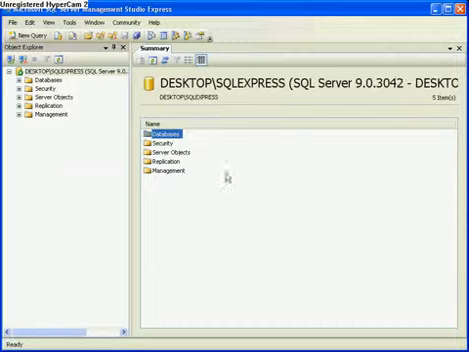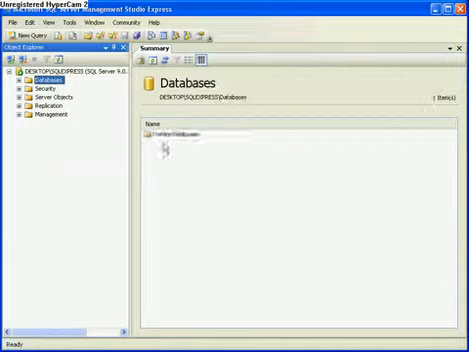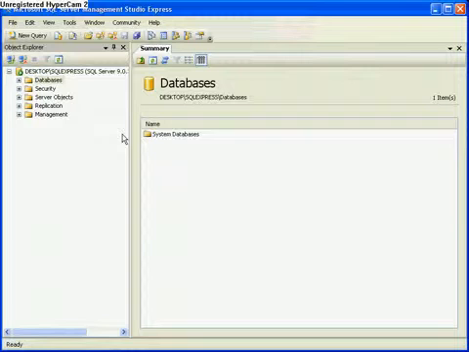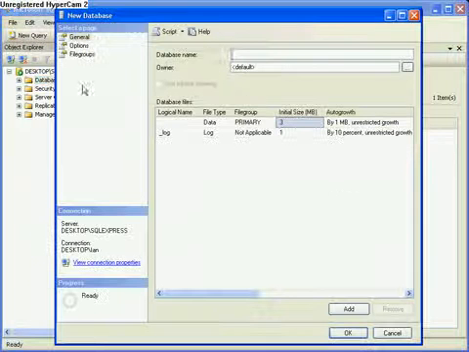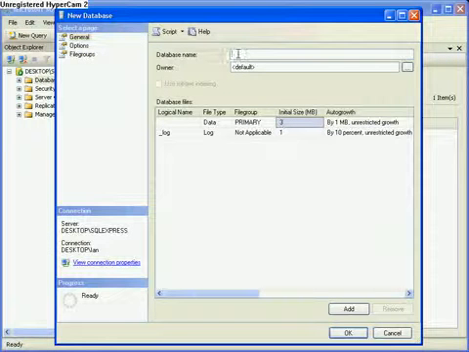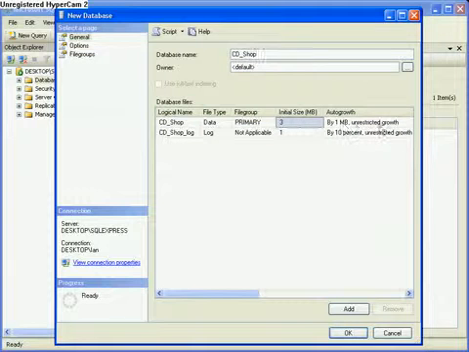And the first thing you'll see is this screen. Now you're going to create a database. So either here or on the database thing that was down here earlier, you right click and go to new database. And this will give you a database name. Now I'll be making a CD shop, so I go to CD_shop, never leave spaces. This gives you here the way the database will grow. You can change the size, it will grow every time it needs to grow. So basically when the database gets too big, it'll grow by 1 megabyte every time here, and then the log file will grow by 10% every time. And you click on OK,